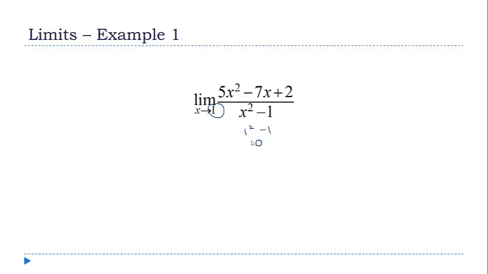However, the fact that the function doesn't exist at x equals 1 doesn't mean the limit can't exist. Now remember that when we talk about limits, we're only concerned about what's going on around the point. So before we say the limit doesn't exist, the first thing you should always try to do is simplify the function. In this case, the numerator and the denominator both factor, making the expression